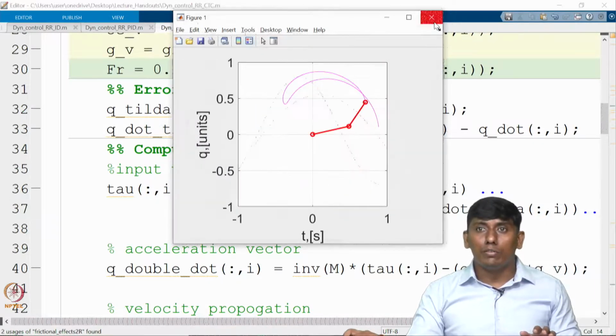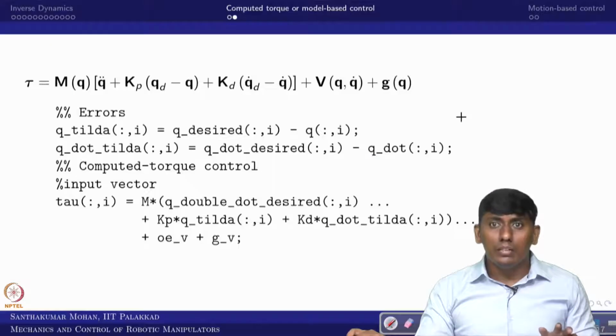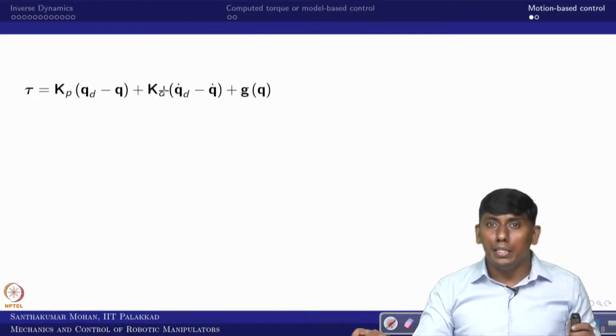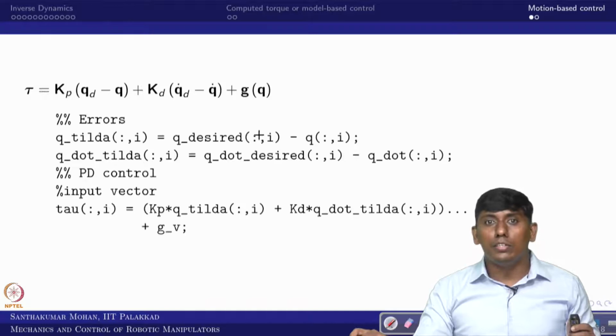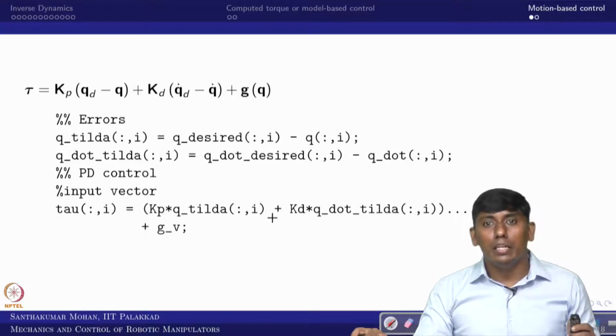So now we can go back to the slide. We will go to the motion based control, where we have taken PD control with gravity compensation. So the code only gets changed here. Already we defined Kp and Kd. So the only thing is the feedback linearization where the other vector is removed, Q double dot desired is removed, and the M matrix is also removed. So now the Kp and Kd we need to tune accordingly. So this is what we call the PD control.